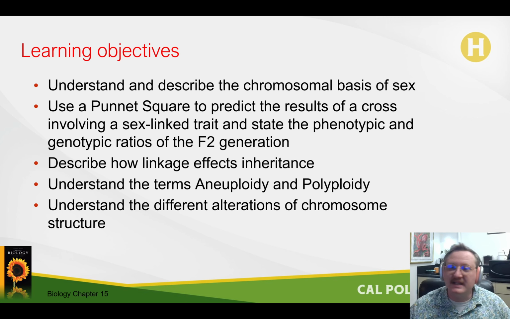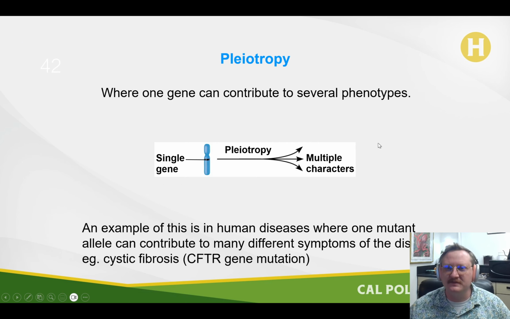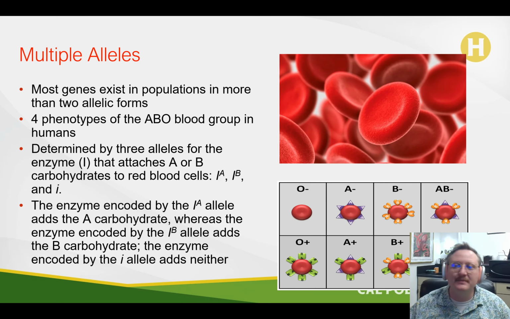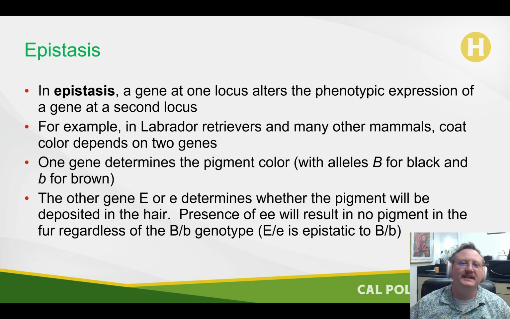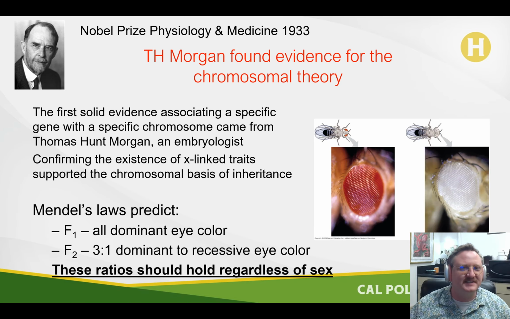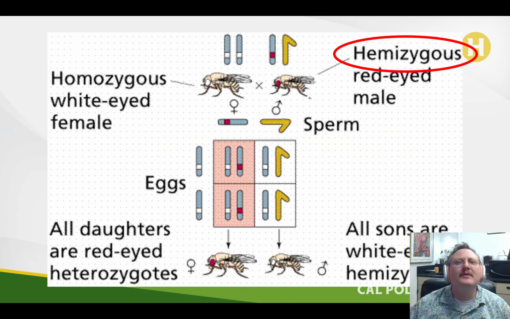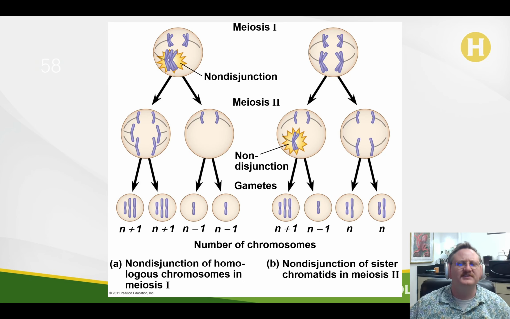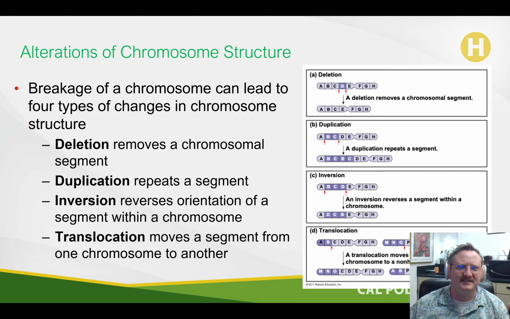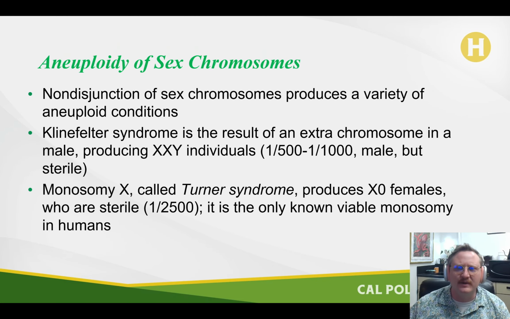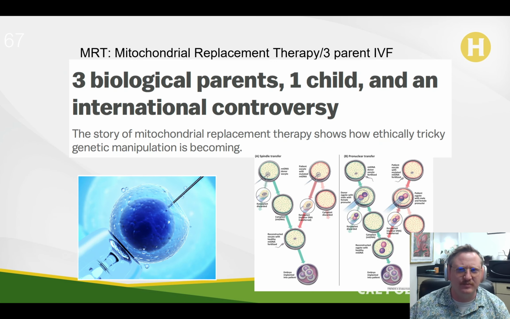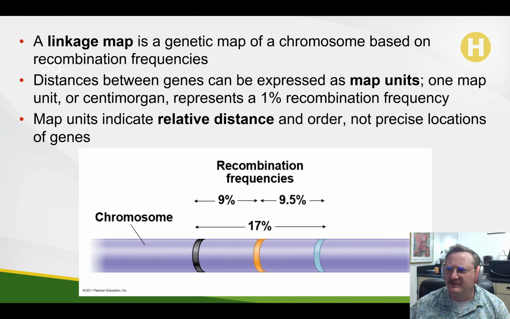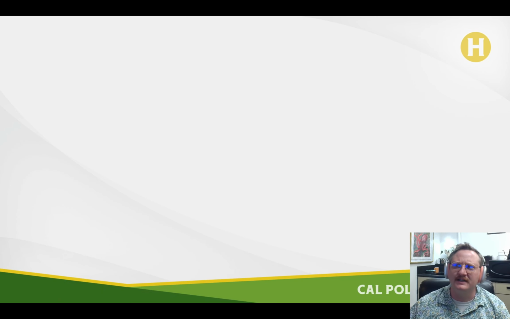Okay. So we ended up getting through almost all of the topics on the study guide, including blood types and codominance and pleiotropy and epistasis, defining all of those, but we did not really have time to discuss the sex chromosomes and inheritance on the sex chromosomes. So we're going to talk about that. We talked about aneuploidy. Okay, so I'm just going to cover those last concepts, focusing on